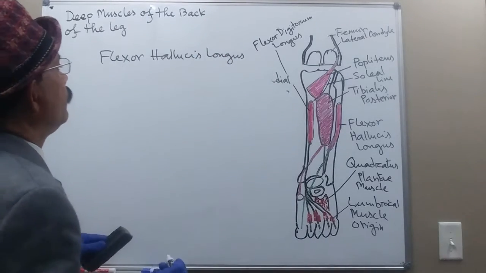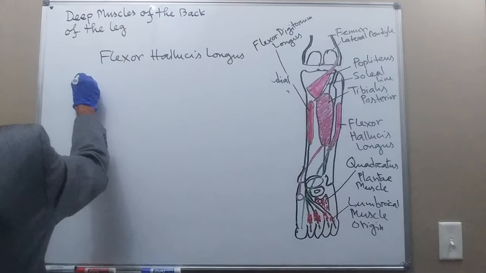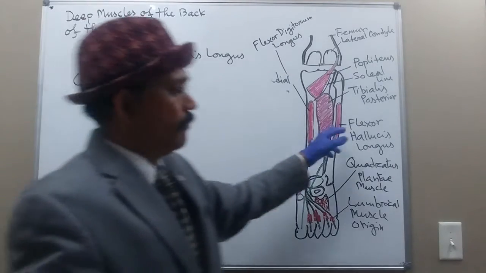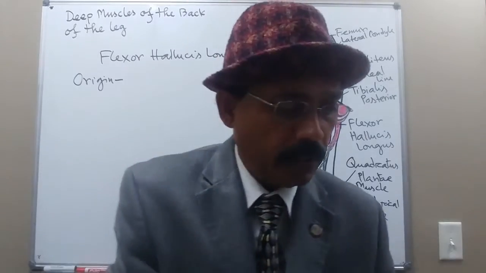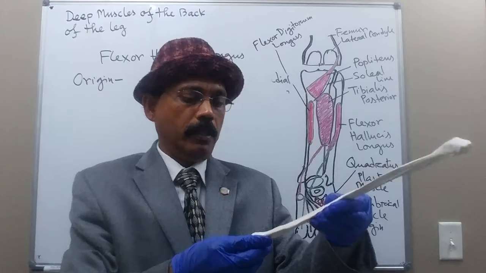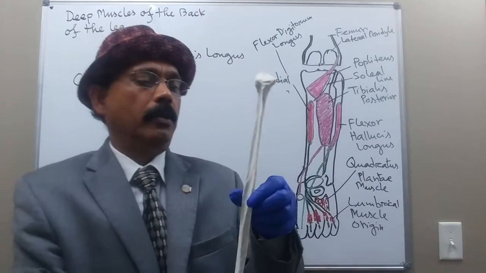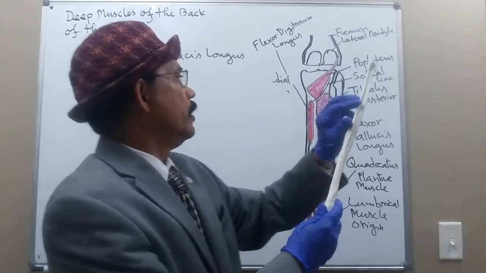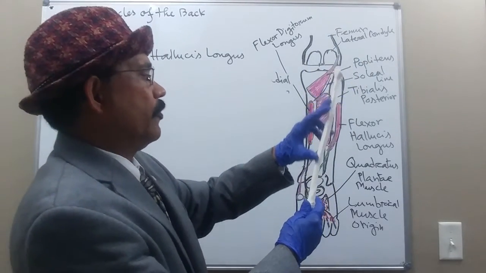So Flexor Hallucis longus, what is the origin? Origin from the fibula. So this is the fibula here, and its origin is from the posterior aspect of the